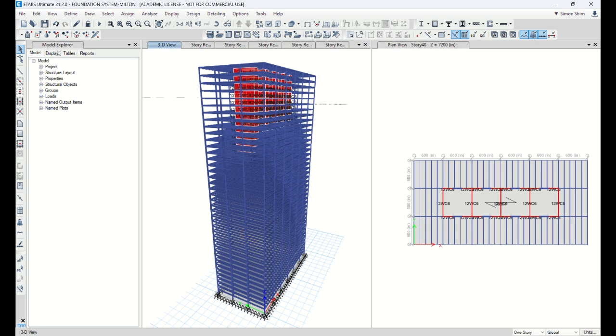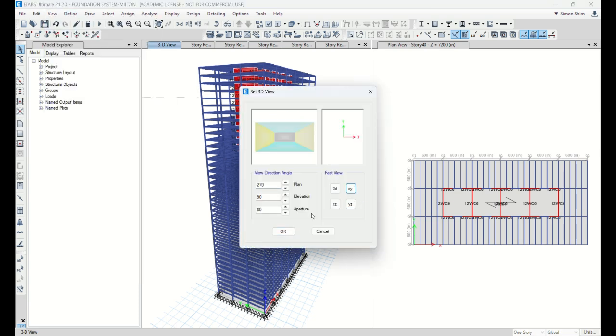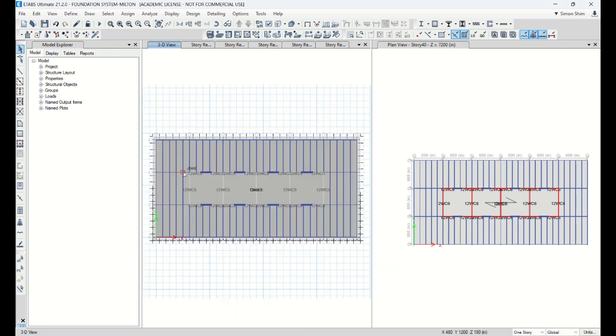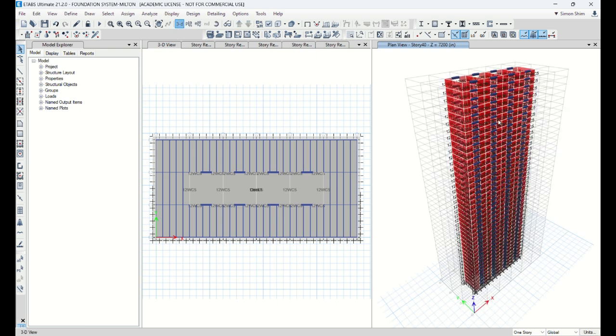So what I'm gonna do is, because I need to select the wall and then only, go to set 3D view, put the X, Y and aperture 0. So I'm projecting down all entire and select window selection, right? And right click, show select only member. So what you can see in 3D, you see the only wall. Control D. Okay, you turn off this. All right, now